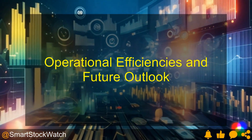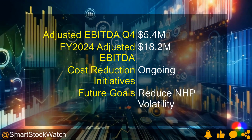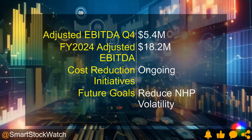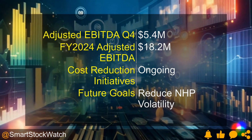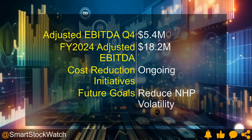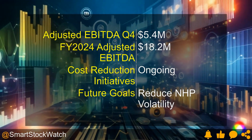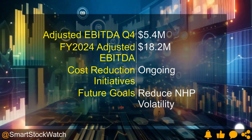Operational efficiencies and future outlook. In terms of operational efficiencies, Inotiv reported an adjusted EBITDA of $5.4 million for Q4. What does this tell us about their operational performance? The adjusted EBITDA, although down from $23.7 million in the previous year, shows that Inotiv is making strides in managing its costs. The company is focusing on integration and cost reduction initiatives, which are crucial for improving margins and stabilizing